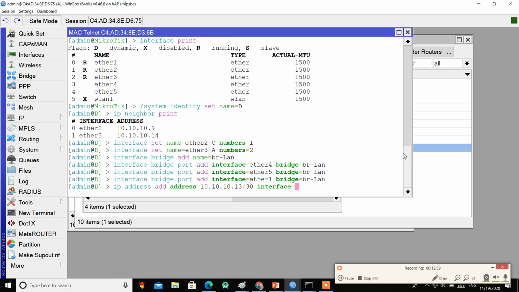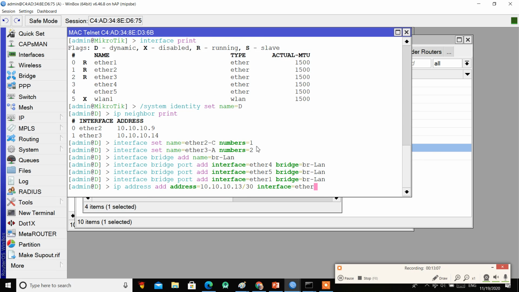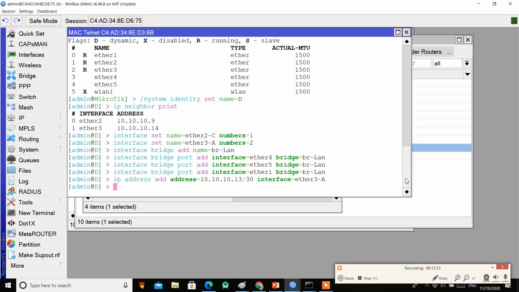10.10.10.13/30 interface ether, which ether is connected to me? Ether 3. And 10 to ether